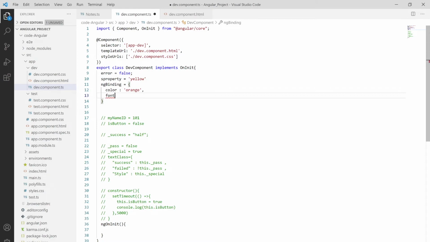We have to use camel case over here, and then assign it as italic. Let me save this and move toward the browser.